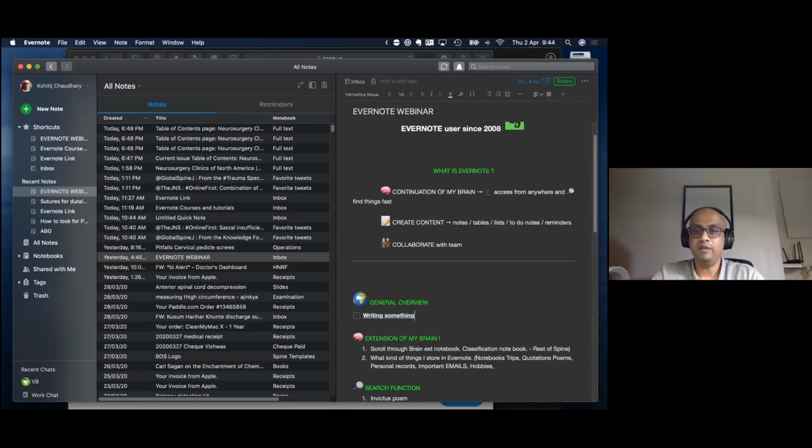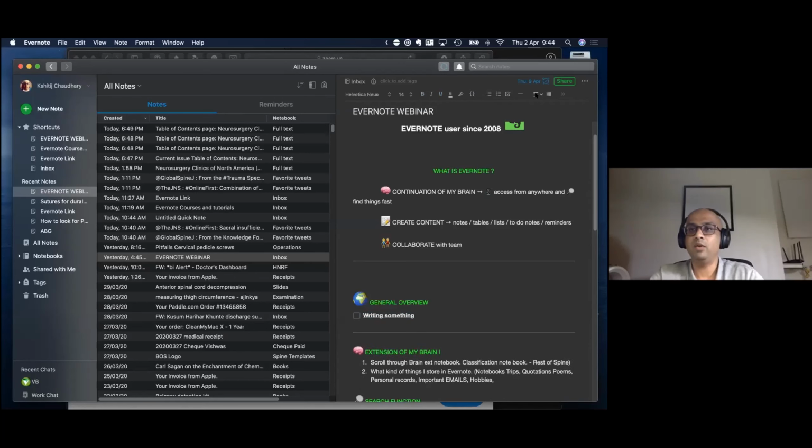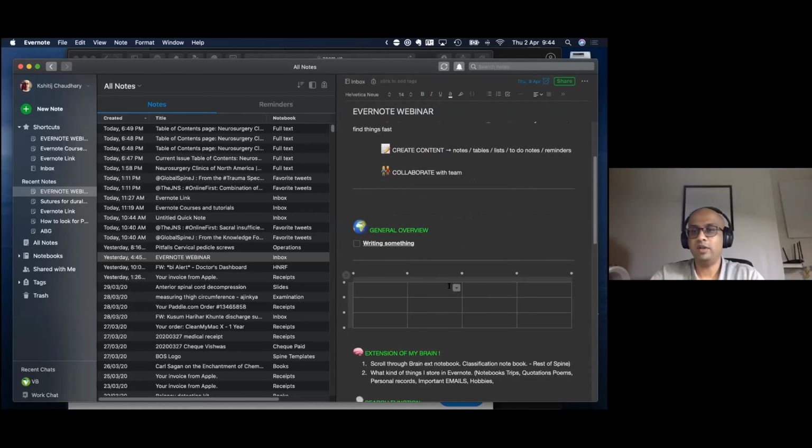You can add a divider at the bottom here, like a line here, so you can separate things out. You can left align it, center align it. You can even add a table here of these many cells, and write whatever you want in the tables